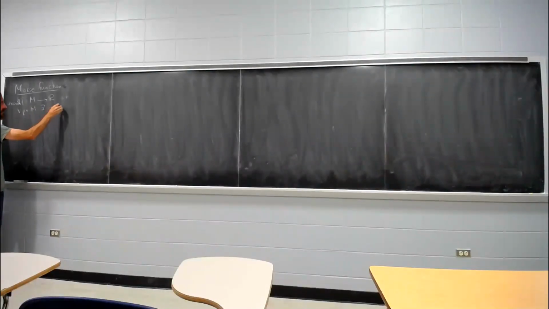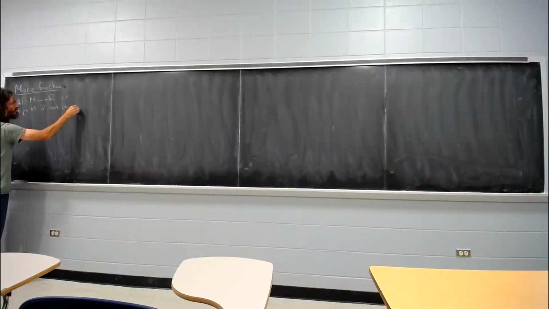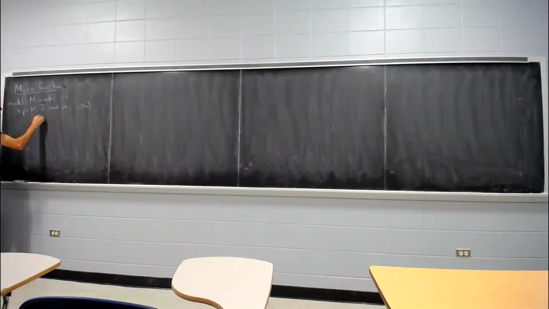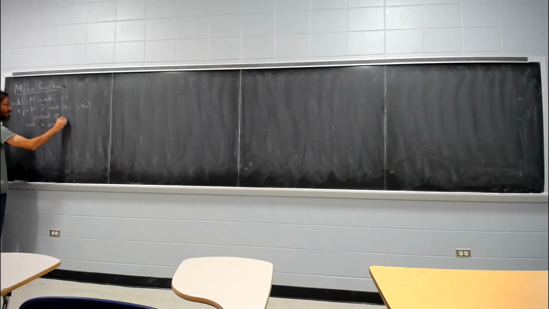And the way I like to say it is in terms of local models, such that for every point P in M, there are coordinates x1 and so on around P, and some coordinate t around f of P. This is just a single coordinate around f of P, and then with respect to which